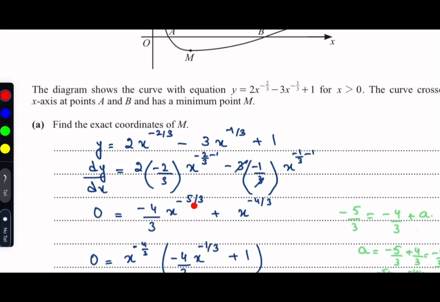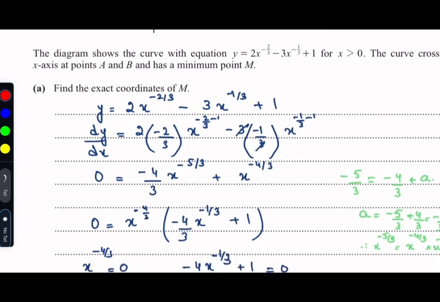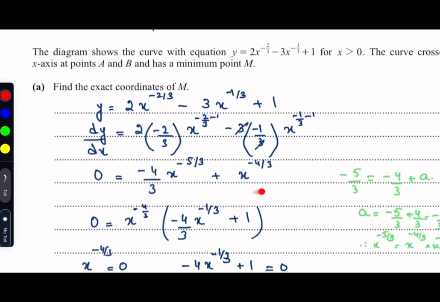Minus 4 by 3 x to the power minus 2 by 3 minus 1 is minus 5 by 3. x to the power minus 1 by 3 minus 1 is minus 4 by 3. So my equation is this, and from here I should be taking x to the power minus 4 by 3 common. So for minus 5 by 3, I can write x to the power minus 5 by 3 as x to the power, as I'm taking negative 4 by 3 common,